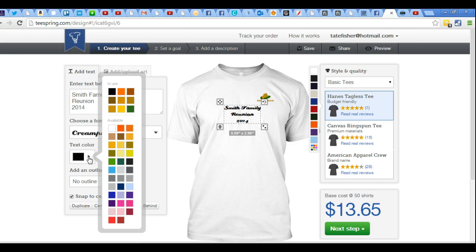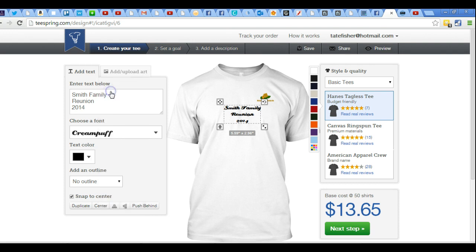Now what's interesting is that little logo that I added, it's using all of these colors. It's because there are shades of color in there. So to reduce our price, let's choose one of the colors we're already using. Let's go with this. And if we went with a light color, we'd have the option to do an outline. We could do an outline like that, and then choose the color of the outline. There's a lot of things you can do. You can kind of mess around in here for quite a while if you're not careful. So let's just stick with this,